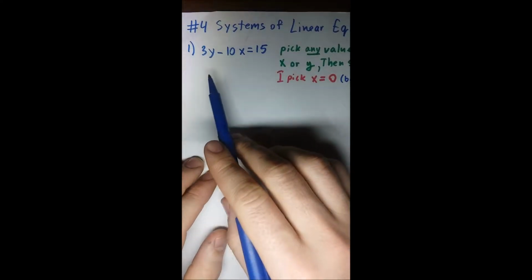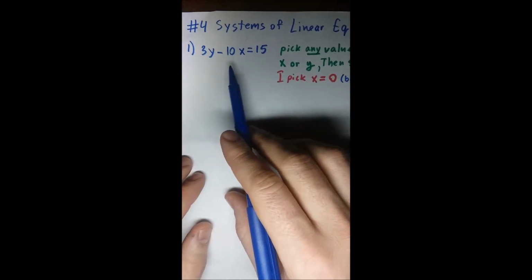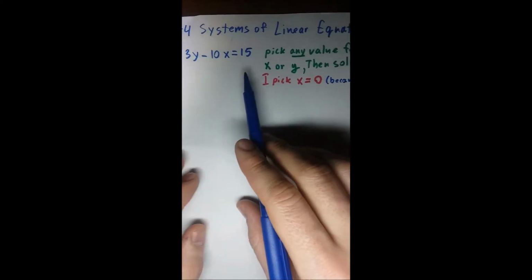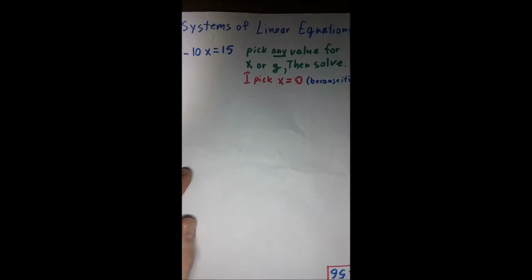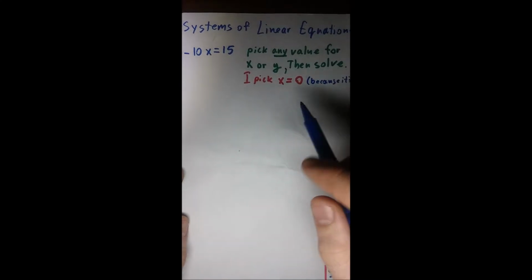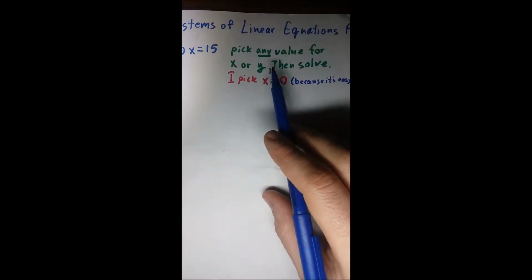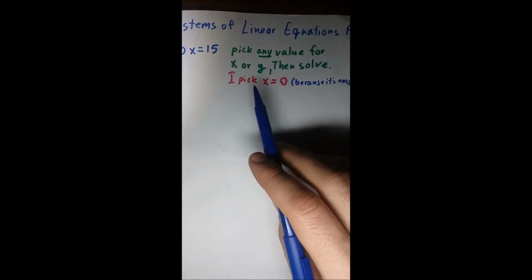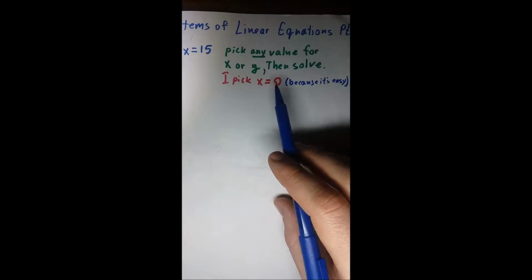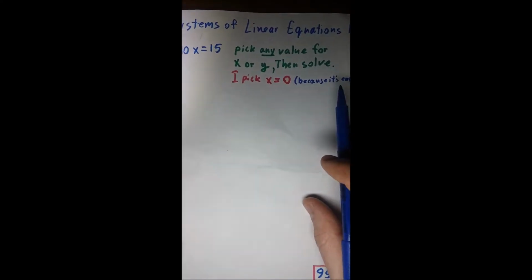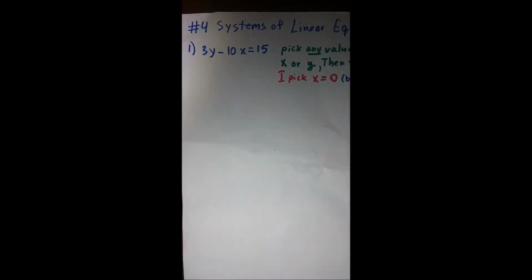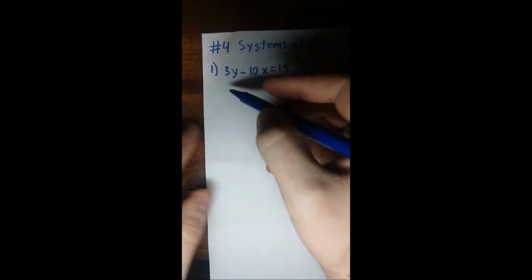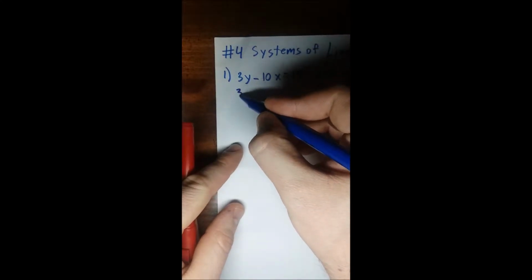You're looking at 3y minus 10x equals 15. So here we are solving for basically any two numbers that will make this work. So, for instance, you pick any value for x or y, then solve. I pick x equals 0 because it's easy. You can pick any number for x and y. So if I pick x equals 0, all we gotta do is rewrite this as 3,